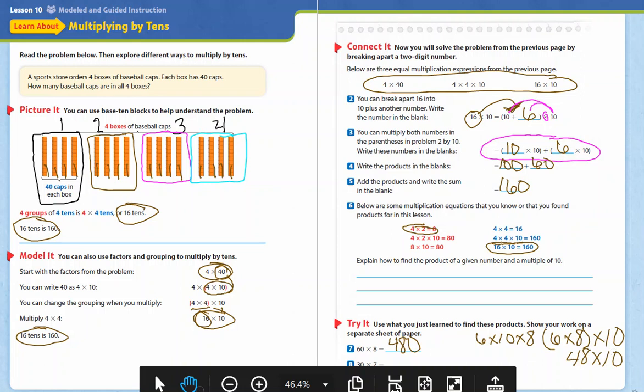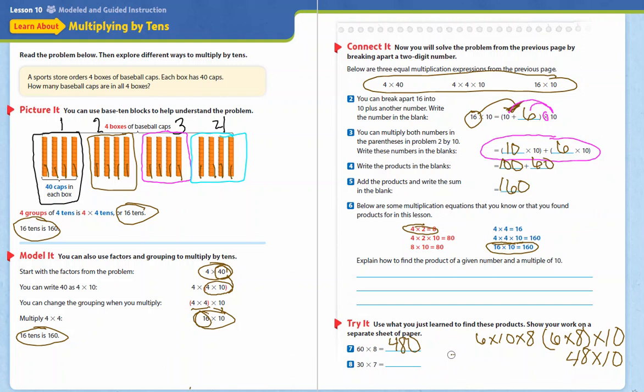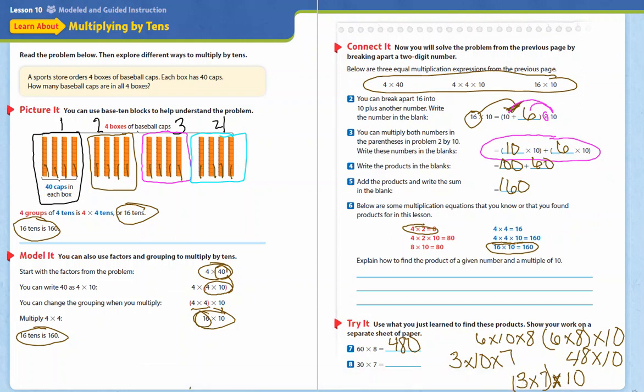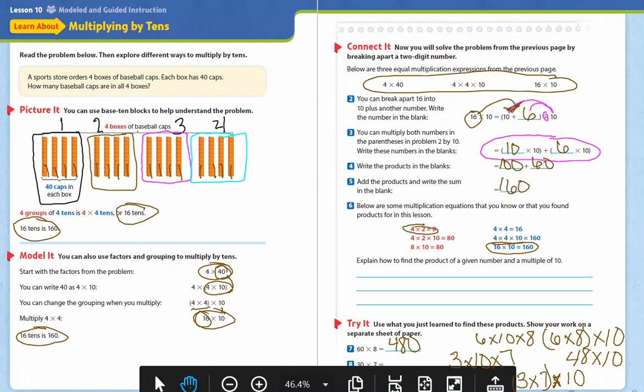And then our bottom one right here, it says 30 times 7. If I wanted to break that apart, I could do 3 times 10 times 7. So now I can do 3 times 7, times 10, and I'll group them together. When I group them together, I'm going to get 21 times 10. So 21 times 10 equals